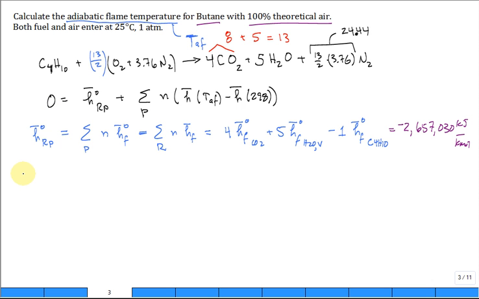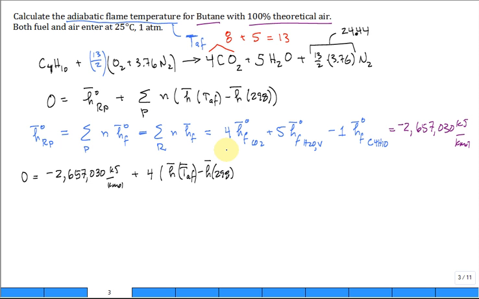So we have 0 equal to minus 2,657,030 kilojoules per kilomole plus the sum over all the products. So we're going to have 4 times the enthalpy at the outgoing adiabatic flame temperature minus the enthalpy at 298, all on a molar basis,